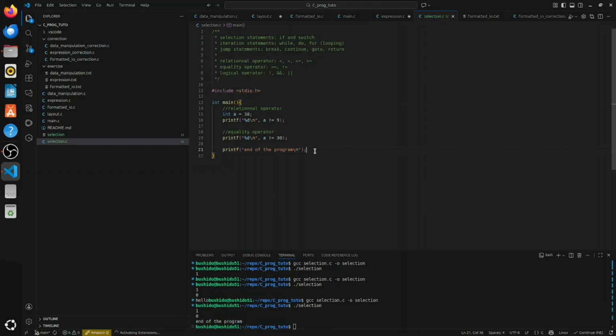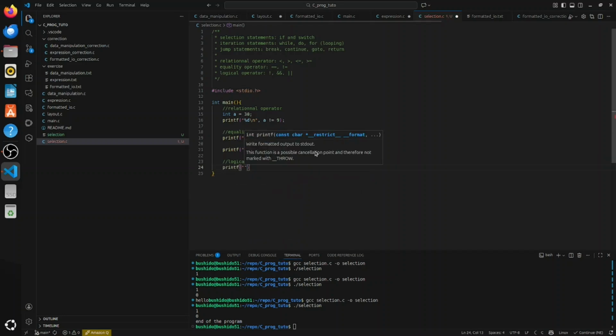So for the next one is the logical operator. Okay, logical operator operates with two comparisons, like here. So I can have maybe if one is greater than 2 or than 3, and